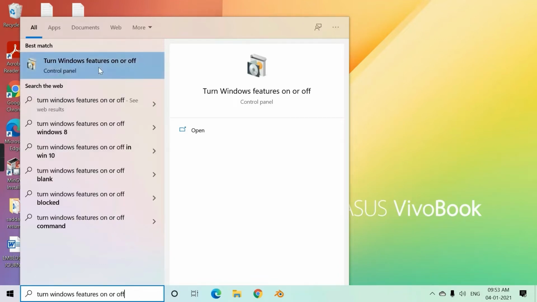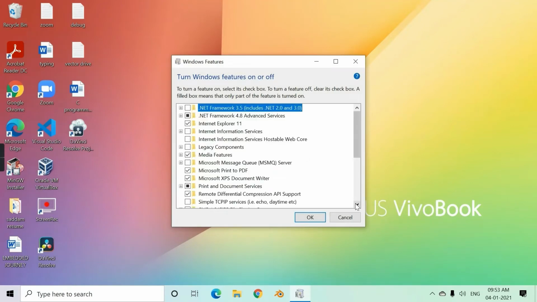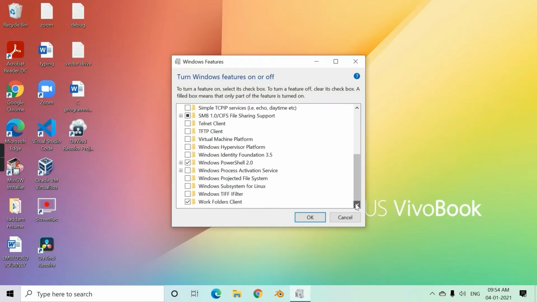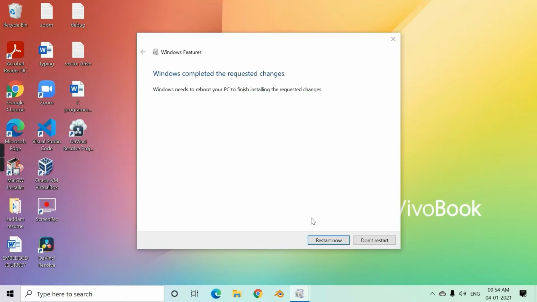Here it is. Click on it and go to the bottom of this page, and here it is, Windows Subsystem for Linux. Tick mark here and then click OK. And then click here, Restart now.